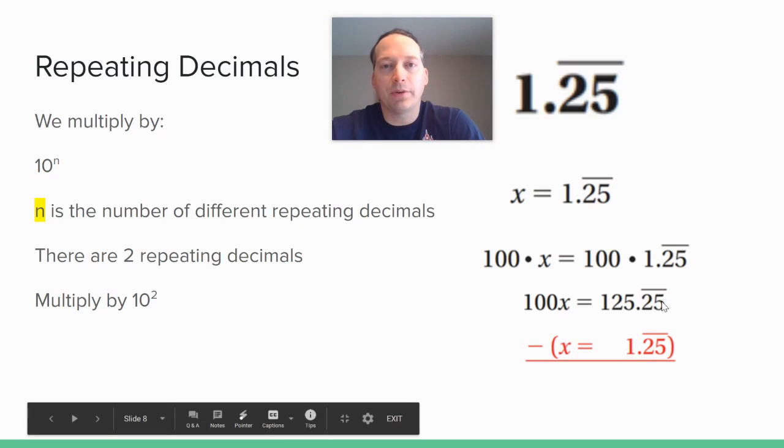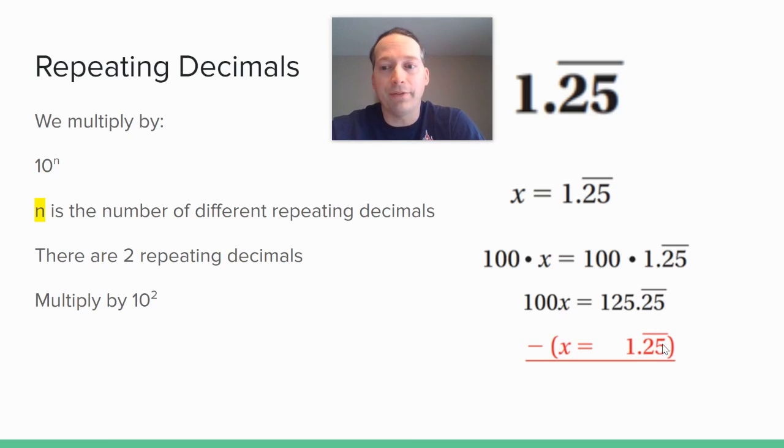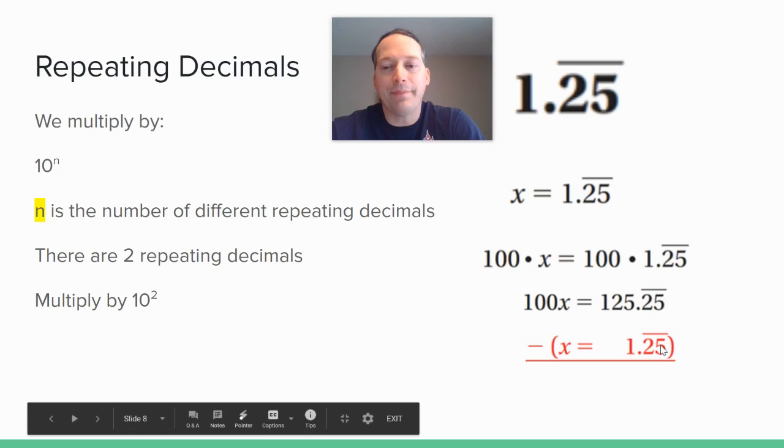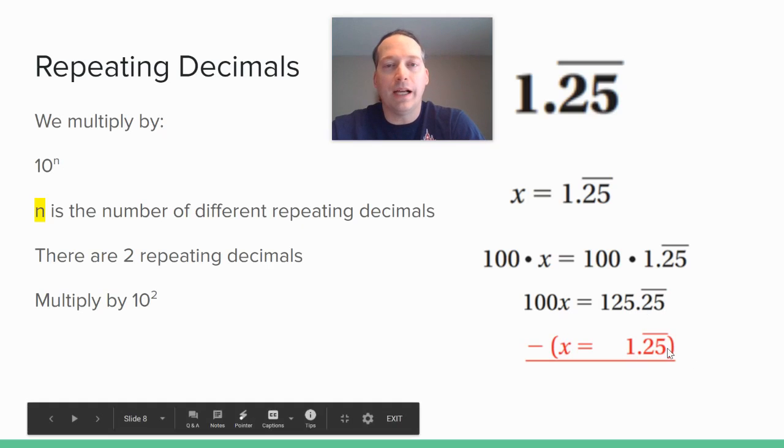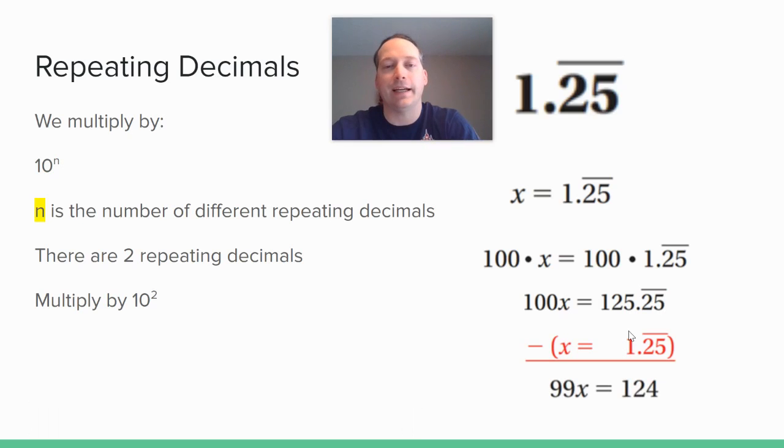This part seems strange to you because you've never done that before, but think about it. This is an infinite number of repeating 0.25. Here we have the same thing, 25, 25, 25, 25, 25, 25. So every time there's a 2, right underneath it, there's a 2. And every time there's a 5, right underneath it, there's a 5. So when I subtract this, that minus that, you guys remember this? Anytime you subtract anything by itself, you get 0. So I have 0 to the right of my decimal. To the left, I have 124. So I get 99x equals